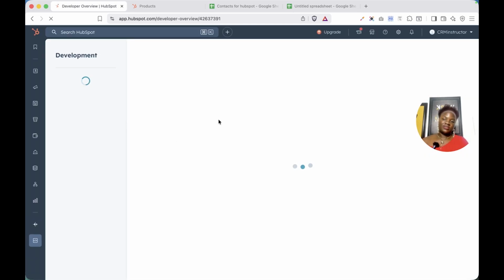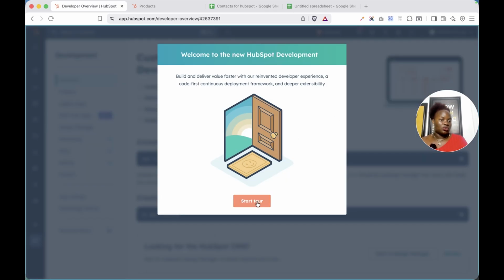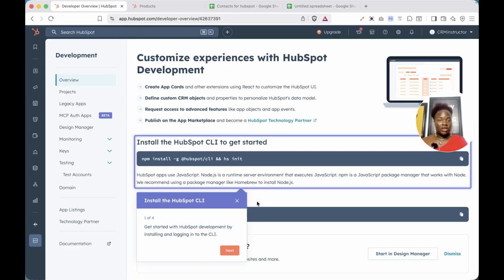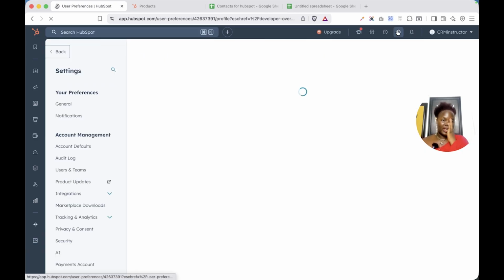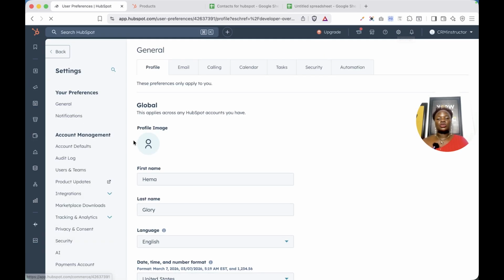And when you go into the development, it's going to take you on a tour if you want, and you can see the various things you can customize as a developer. So we have the settings over here, and this just allows us to do a lot of settings in HubSpot. So we can see the general settings, and the general settings just has to do with